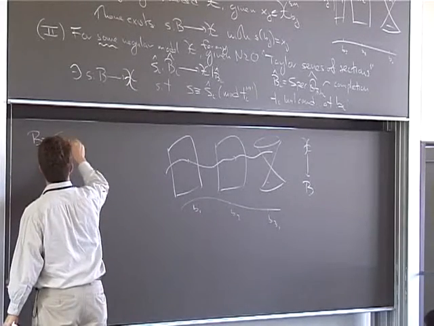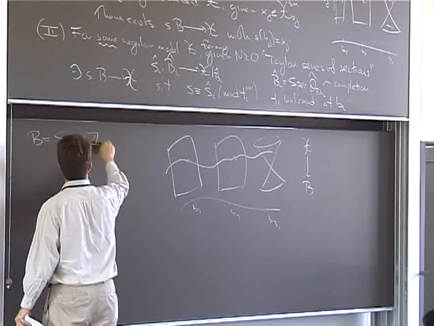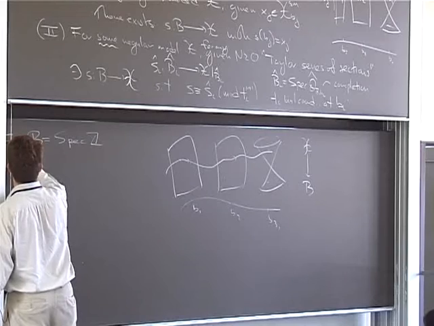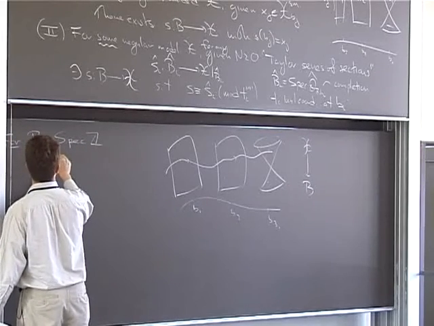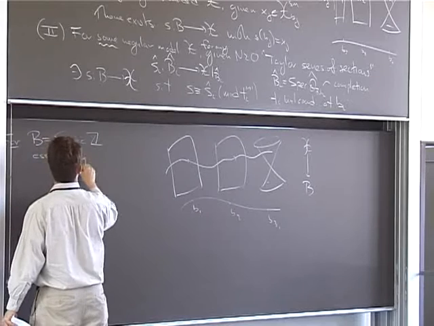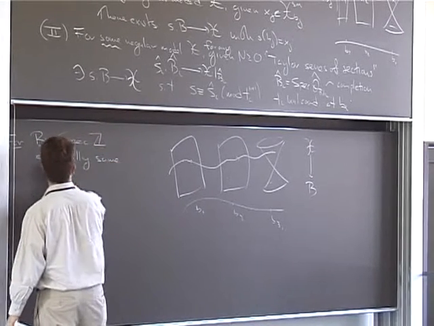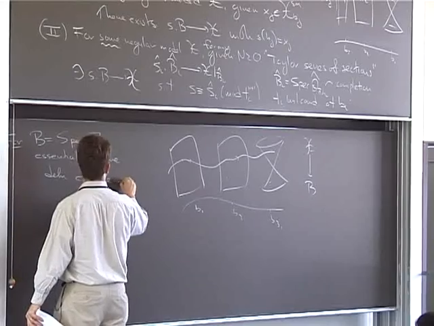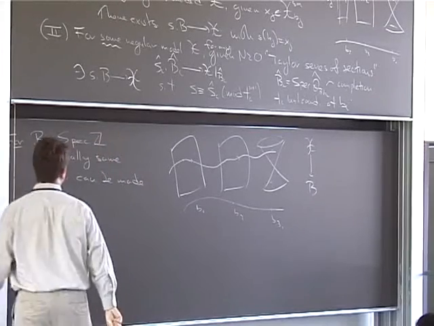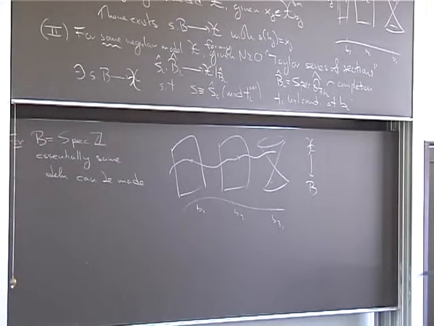So for B equals spec C, essentially the same definition can be made. And so if you translate everything into that context, you'll see that it does actually agree with what Professor Kresh